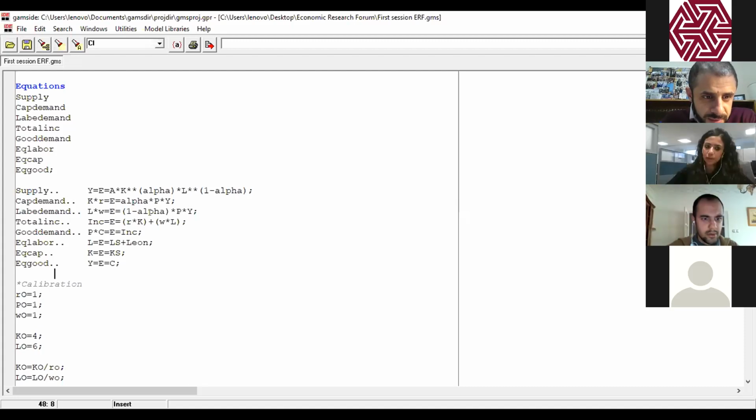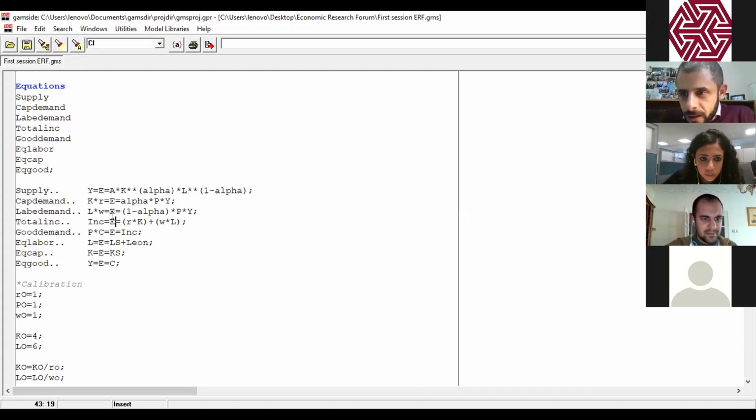I'm just guessing, but I think that's very minor. If we should inverse, income should be on the left. That's fine. The left hand side and the right hand side does not change anything. So Shaima is saying E should be capital or small, because GAMS is not case sensitive. So even if we include capital or small letters for GAMS, it's the same. What else?